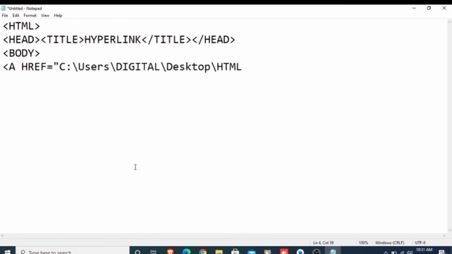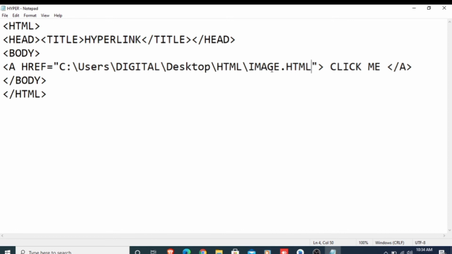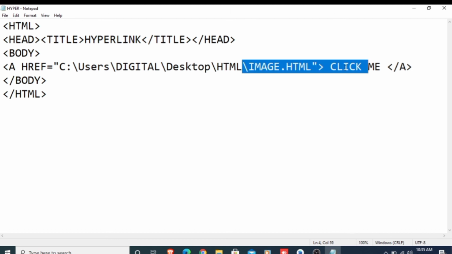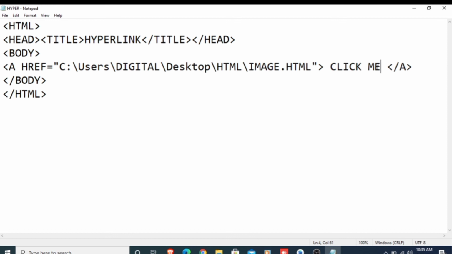The name of my file is image, and after the name, I type the extension, that is html. So image.html. After that, I write the hypertext, on which clicking redirects to the new page. Here I close my anchor tag, and after that the body tag and html tag.